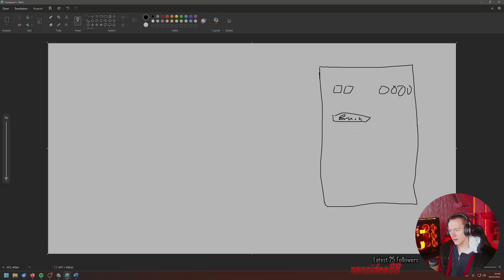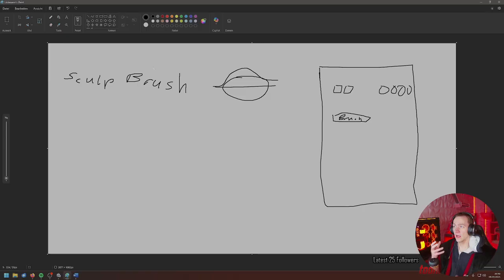I thought paint has to be defined in the brush. It doesn't, because then I was thinking about the sculpt brush. A sculpt brush is a brush where, if you have a flat line, for example, and you select something here, it will then lower or increase the height, make a hill. It's for sculpting. This is not exactly a paint function. That's where I saw the issue.